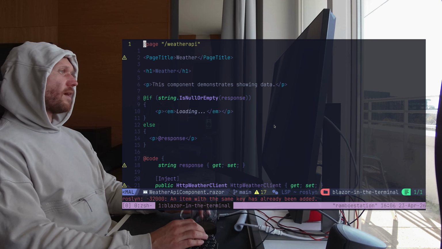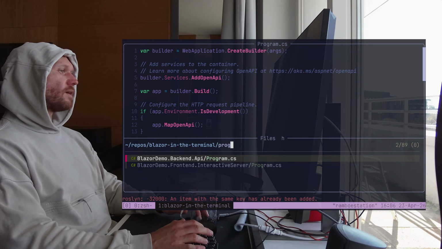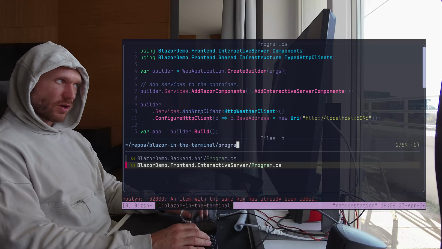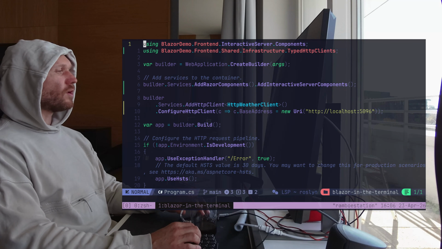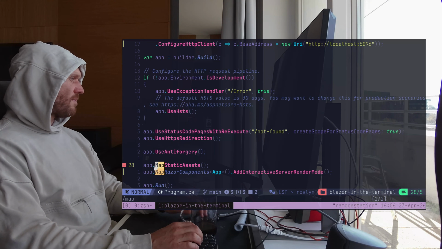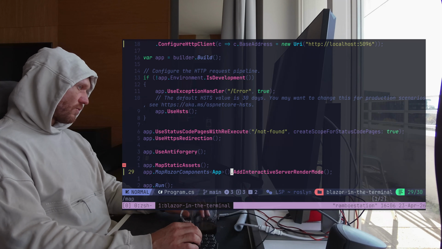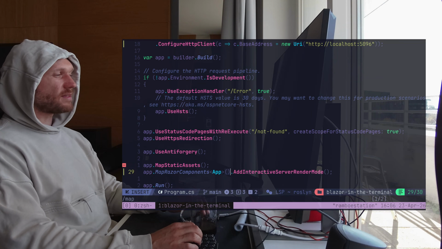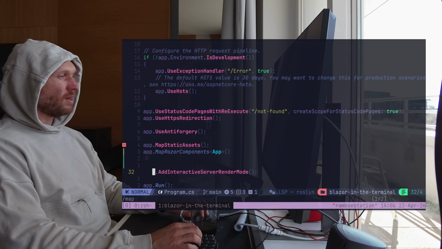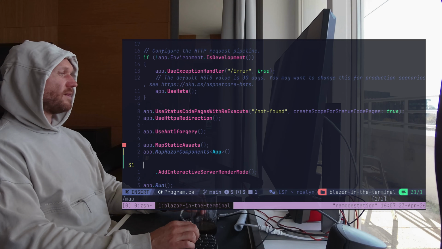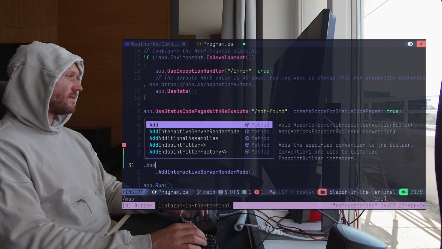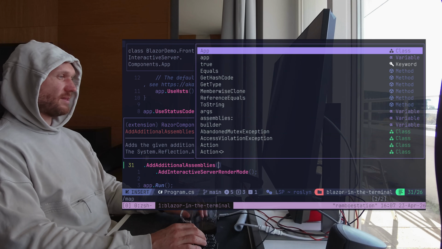First, we're going to fix this thing, and the way to do this is we go into program CS, again, from the interactive server, and we scroll down. Now we look for the map. So we go map razor components. And we already have the map interactive server render mode, whatever. And the way to fix the 404 error from before, we're going to add a new method right here that goes by add additional assemblies. We go by type of